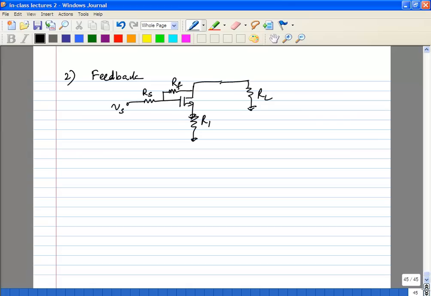And this has the added advantage, of course, that you don't have any attenuation before the amplifier. So directly going into the amplifier, you have Vs. But you still have noise from this resistor. You can analyze this circuit also, and you can show that the noise figure of this circuit is still greater than the Fmin you can actually achieve with a normal common source.